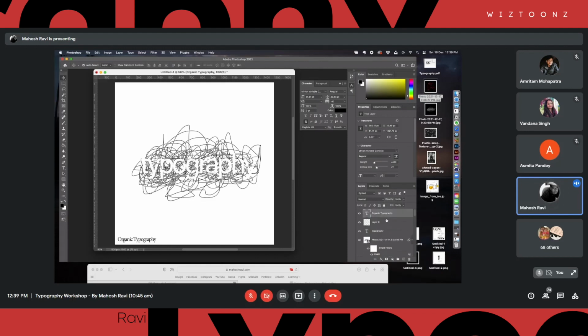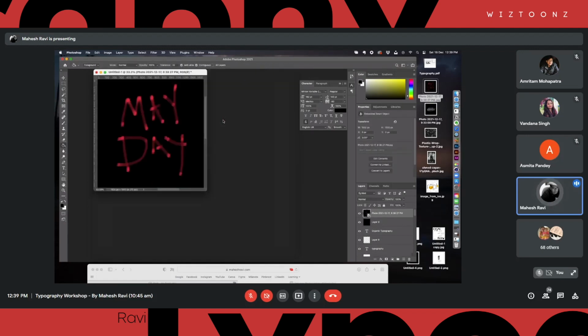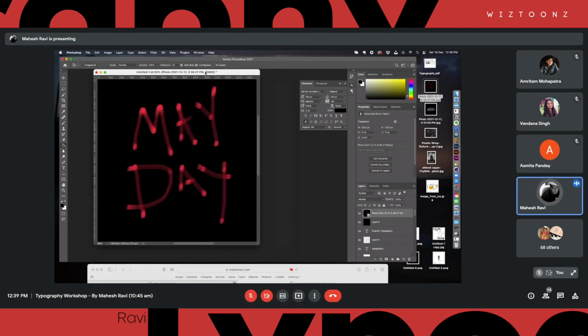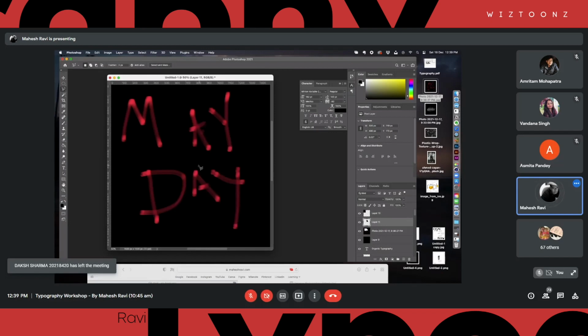So for example, let's say we start here with a black background. And I'm going to bring this right here. So we have this right now. One very interesting thing that I can do when I'm typing typefaces like this digitally, organically, is take this and convert it into separate shapes. So I can layer cut this. This is going to be a separate shape. I can basically do that for all the shapes out there. I'm going to just do that. Layer cut. So let's say only this we will take into consideration right now.